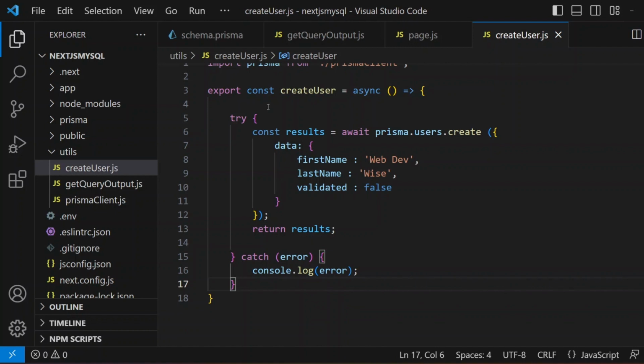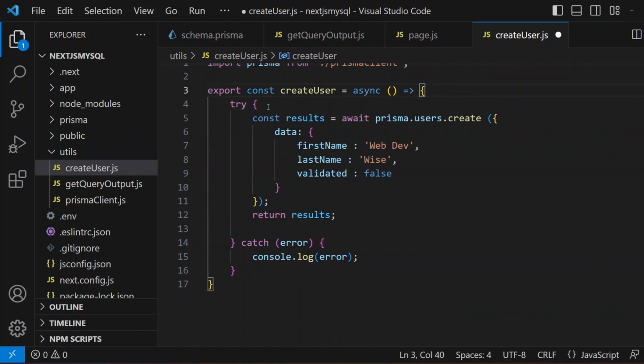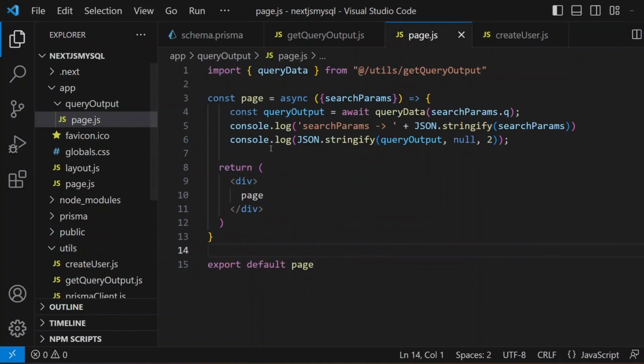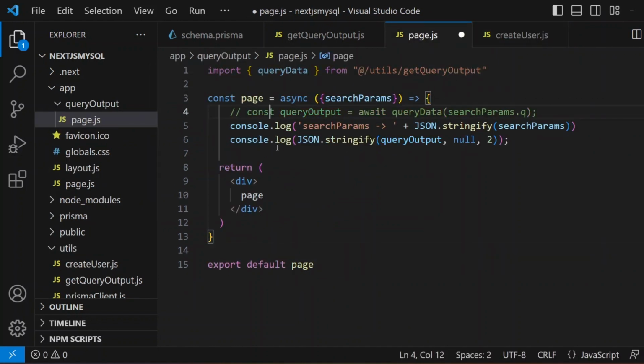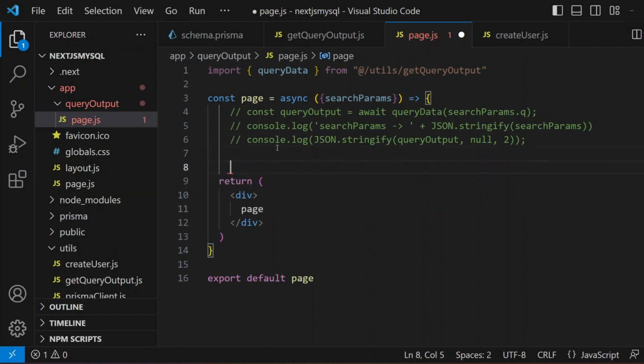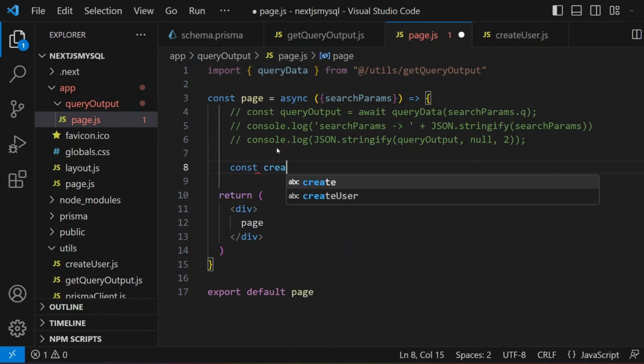Give it a quick save. Now the method is created. Let's try to invoke this method in our page.js. I'm going to comment out all the three lines, and then I'm going to call this create user result as await create user method from the utility method,